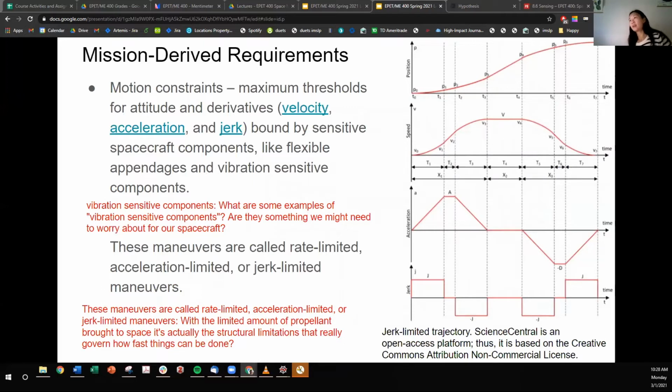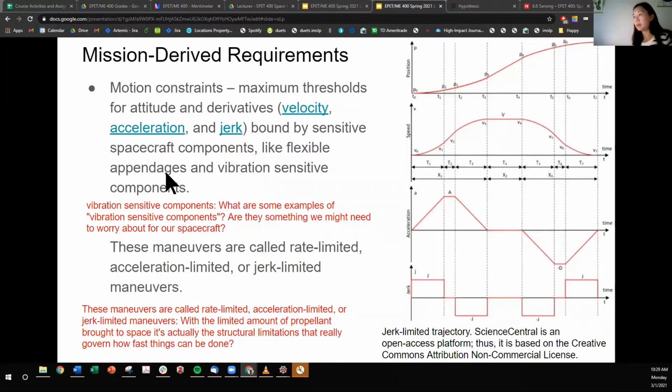Okay, other motion-derived requirements could be motion constraints. So this could be maximum thresholds for your attitude and derivatives. The reason why we have motion constraints is because there could be sensitive components on board, like flexible appendages. If you give a spacecraft with, say, a long boom, some kind of angular rate, then that appendage is going to start to bend. At some point, if you rotate too quickly, then the appendage is going to snap. You can also